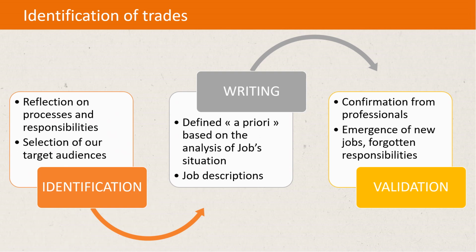may emerge. To give an example, a similar project is underway with ESSA in Madagascar, which wants to develop a master's degree. The approach has been similar, and on the basis of our job descriptions, the university has identified the profiles of the students who will be involved in this master's degree. Through this work, they have identified a new profession, international relations and negotiation manager. This is just to give an example, and then we'll have to see whether this job is really a job in itself, with specific skills and a level of responsibility that justifies a job description, or whether it's just the responsibility of a job already described. That is how we have identified our jobs.